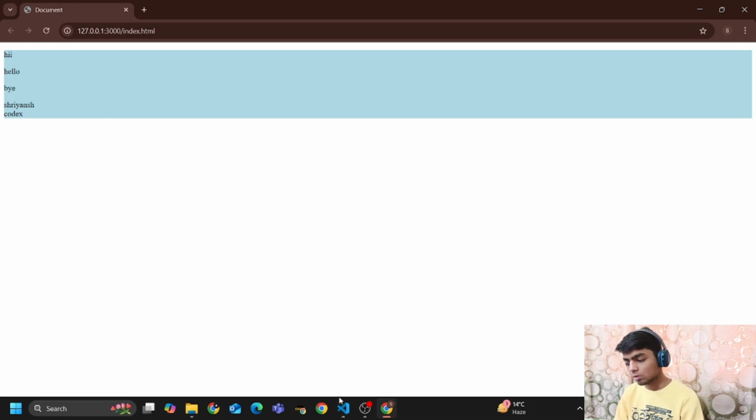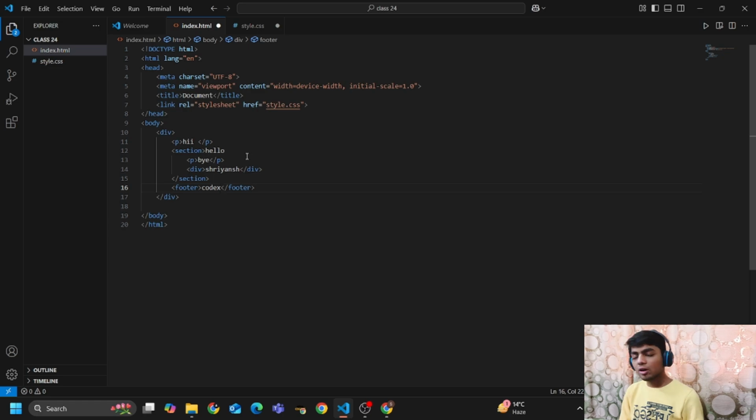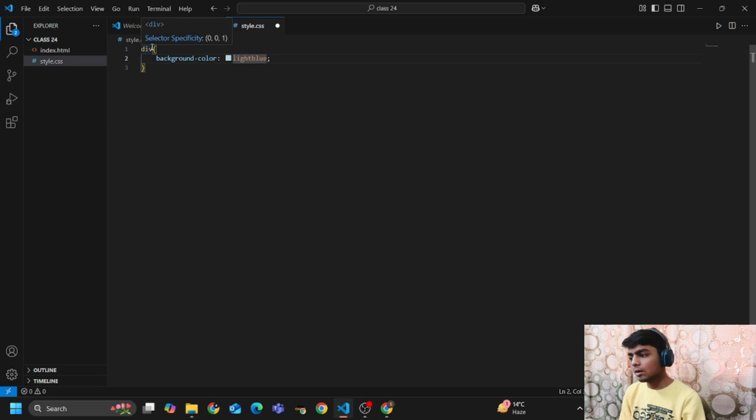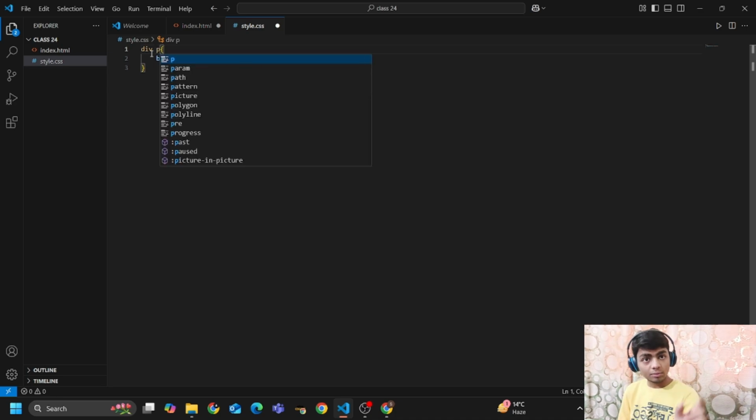But if I only want to provide styling to the paragraph tags in the div, I can also do so. I simply go to my style.css file, and write div, then give a space and write the paragraph tag.